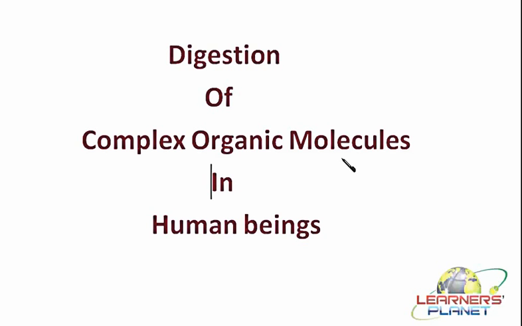Besides this, there are glands in different parts of the digestive system which secrete different types of enzymes, and therefore these different types of enzymes are going to convert different types of organic molecules inside the body. So today, let us see the picture, and with the help of that, let us find out the site of digestion for different types of organic molecules inside the human body.